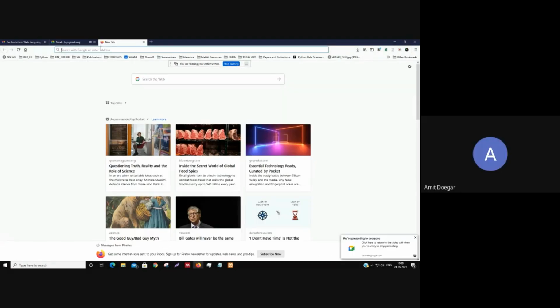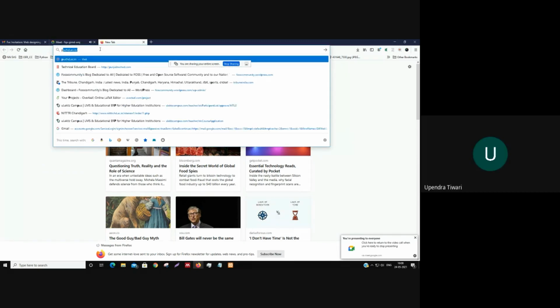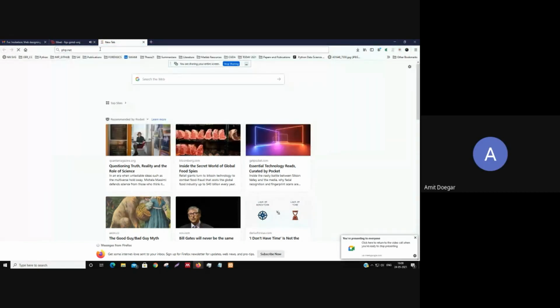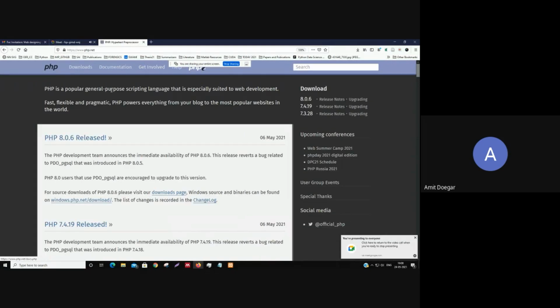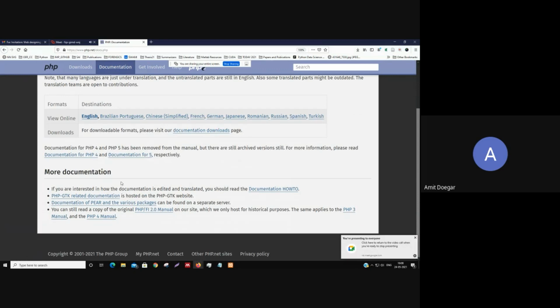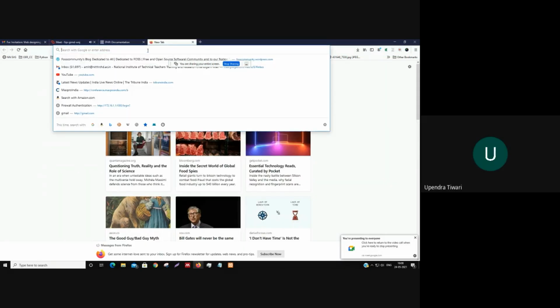We can go directly to php.net, or there are many other websites. From there you can get the code. So for example,